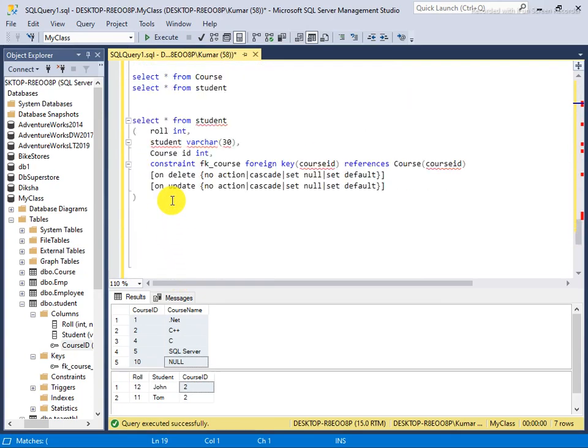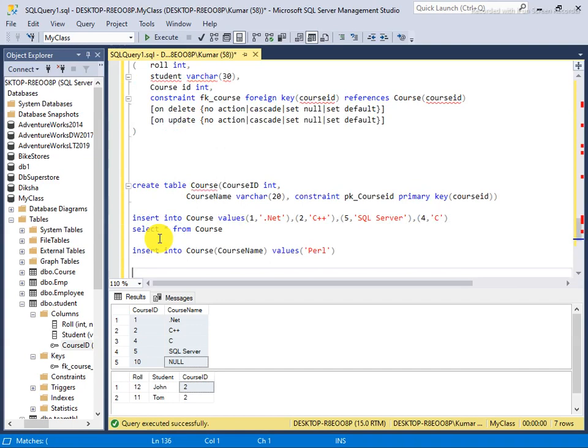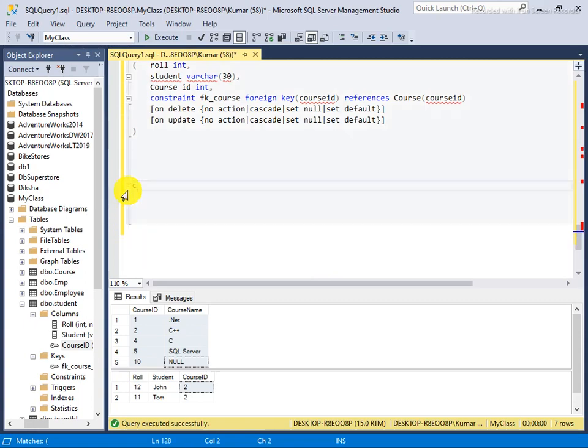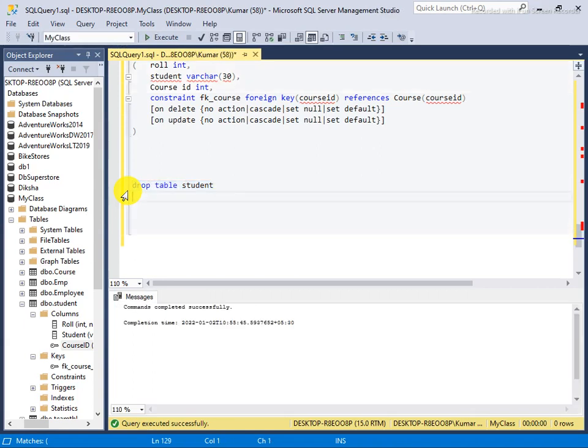So now I come here. It's about a foreign key, sorry. So in foreign key I say, sorry, drop the student. I create it here again, create table student, start from course,